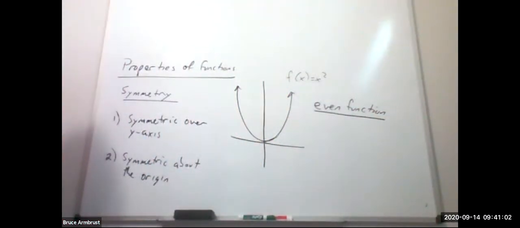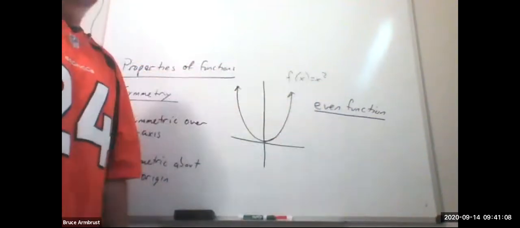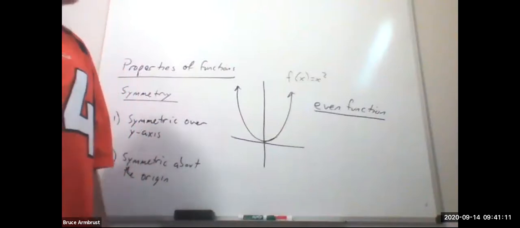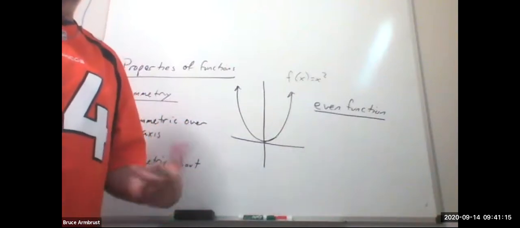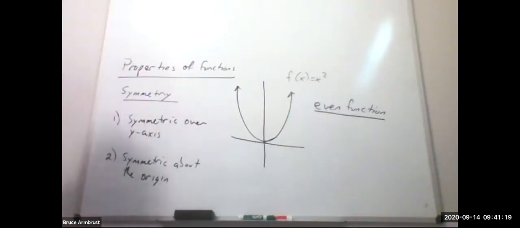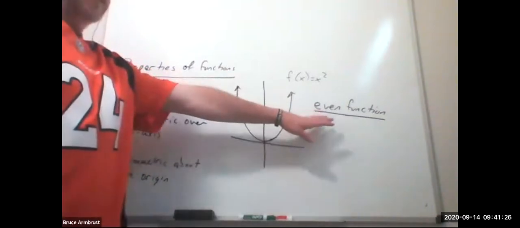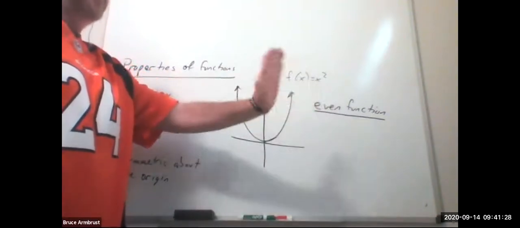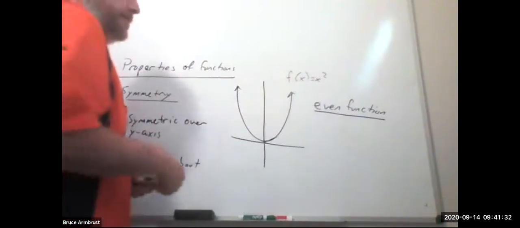And that name, even, comes from the power functions. Like if you have x to a power, if that exponent is even, you get this kind of symmetry. So x squared, x to the fourth, x to the sixth, x to the eighth, and so on. All right, now, the term even is awesome because it's nice and short and concise and we know exactly what we're talking about. But the way that we would actually describe this mathematically